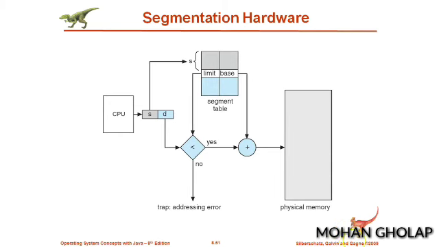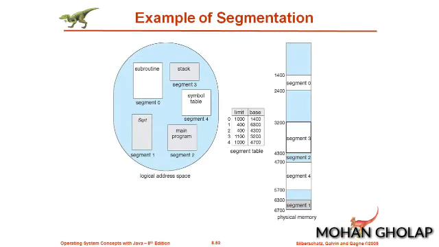So let us consider one example to understand this. This is the example of segmentation. You can see here on one side we have the logical address space. As we saw, this is divided into a number of segments: segment 0, segment 1, segment 2, segment 3 and segment 4. We have the segment table here, which again has two columns, limit and base, and every record contains two tuples; record 0 contains the base as 1400 and limit as 1000, and so on. This is used to map the corresponding values into the physical memory.